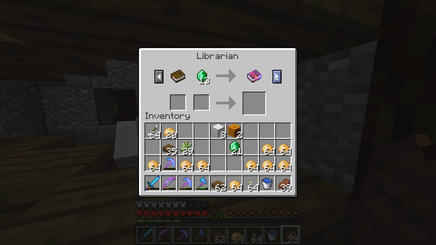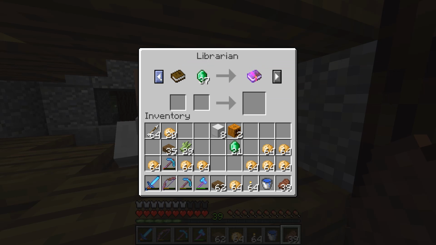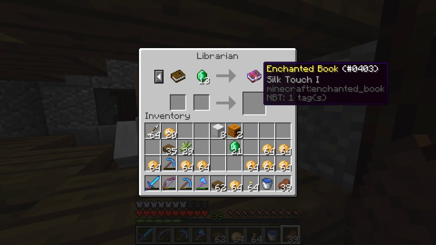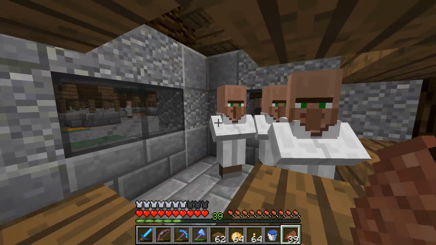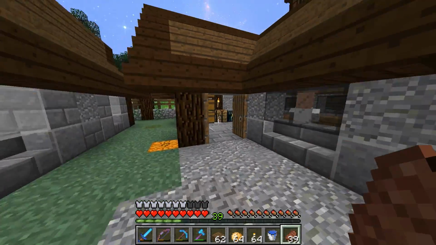So that's good. And then this guy has, well, he has efficiency 3 for 37. Is that the good one? No, he has silk touch for 13. That's right. So he's got silk. We've got silk touch, we've got looting 3, and we have infinity, which is pretty nice. And yeah, this